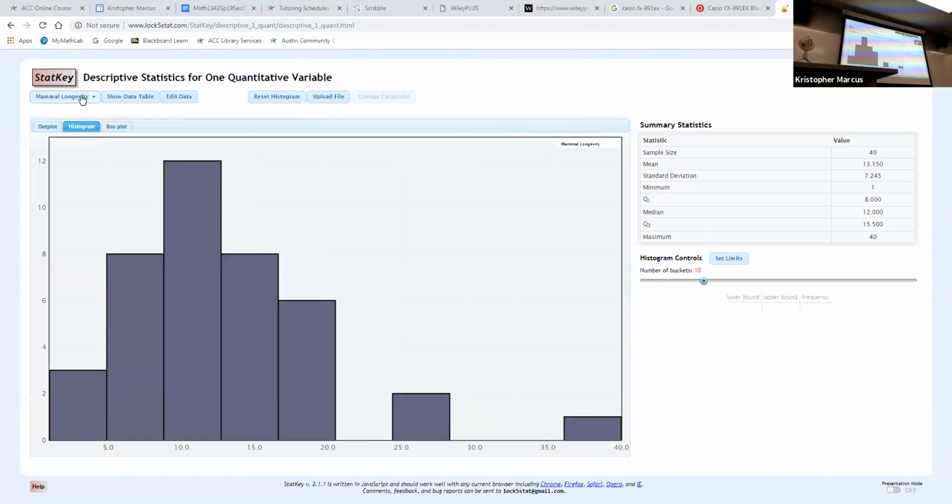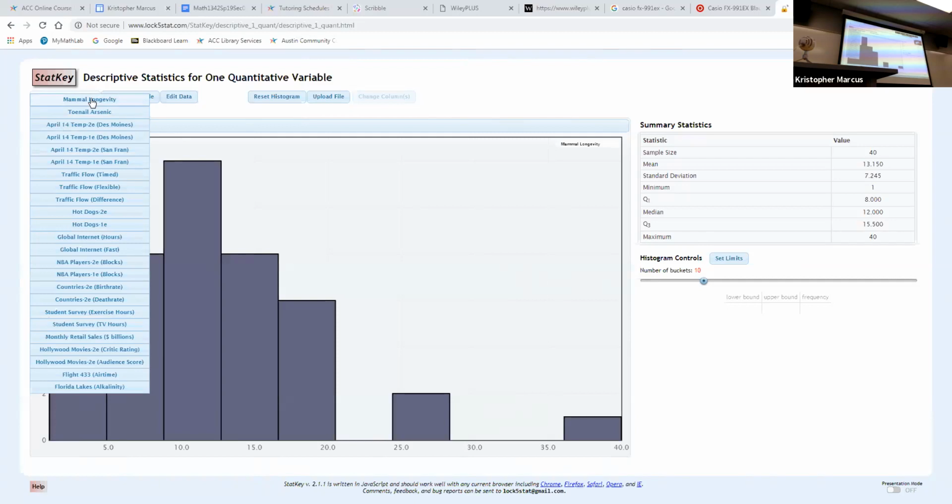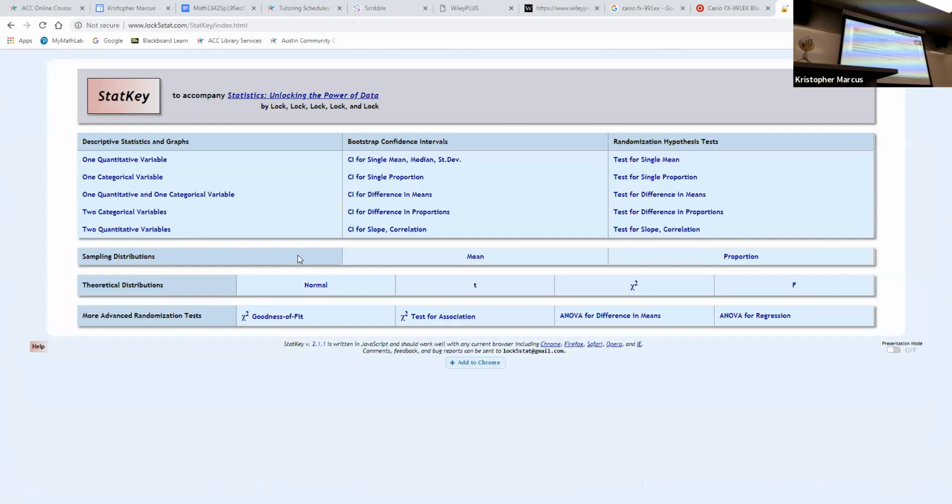One of the things here is, for example, the data sets are listed over in the top left. They're not always listed very nicely. And the other thing is when you get to the StatKey homepage, a lot of times you have questions about, ooh, are we supposed to do this one or that one? You get confused about where to go. But as the semester goes on, I'll try to show you in class what to expect and where to go and how to use it. So I'll try to help you, but just be patient with it. It's kind of quirky at times.